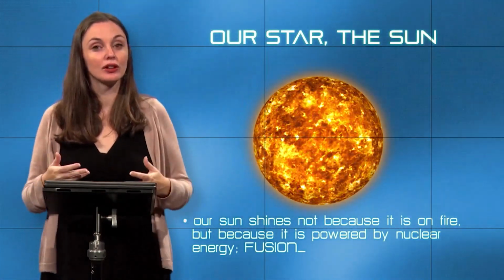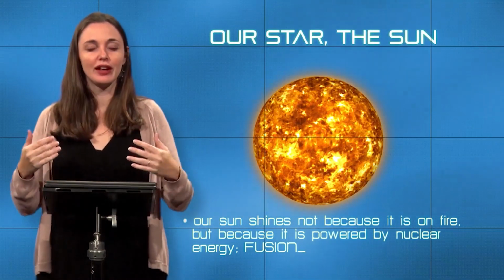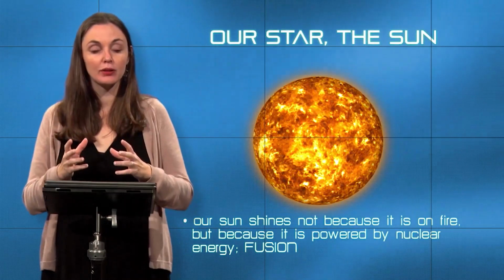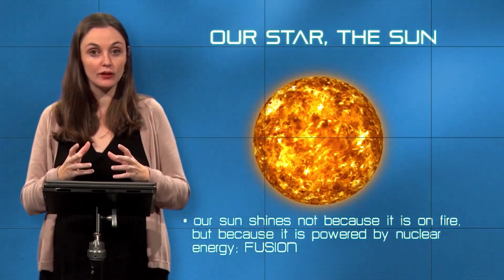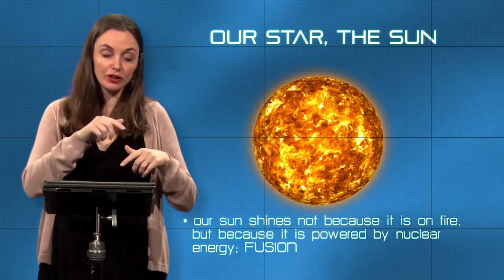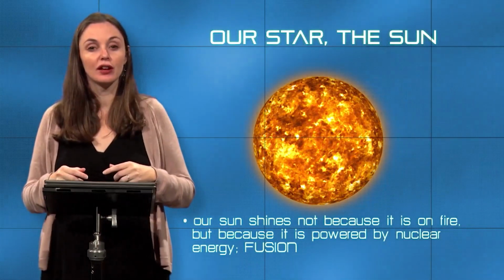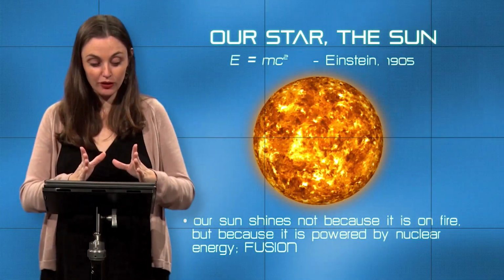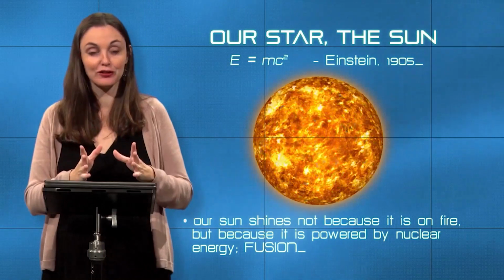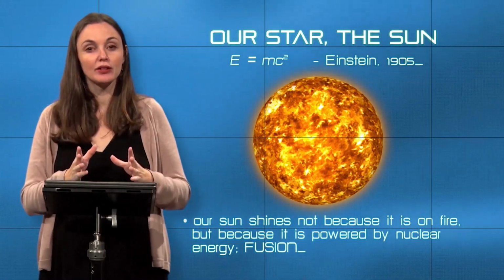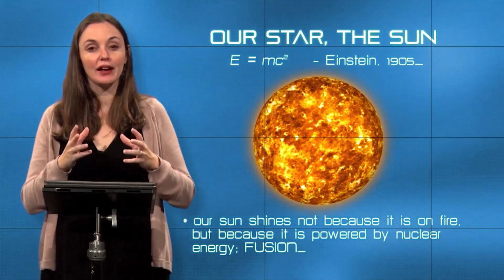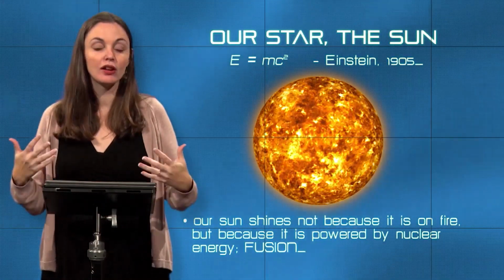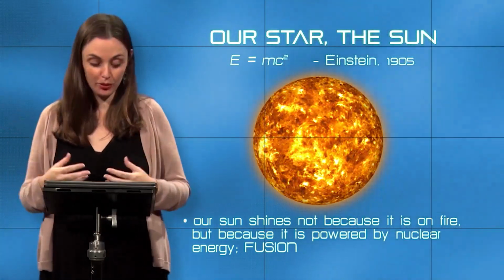And we know from earlier on in the semester that temperature is the average kinetic energy of a substance. Under the incredibly high temperatures present in the very core of our sun, energy can be converted into mass. Mass can be converted into energy. E equals mc squared. This incredibly simple, very concise formula that Einstein wrote in 1905 explains how our sun works and how it's powered, what its heartbeat is. And as long as that process continues, then our sun will remain stable.